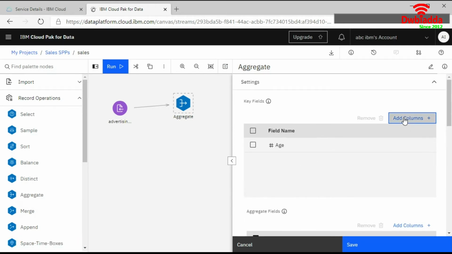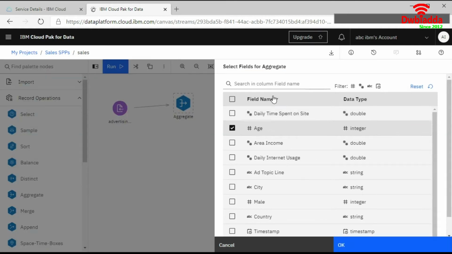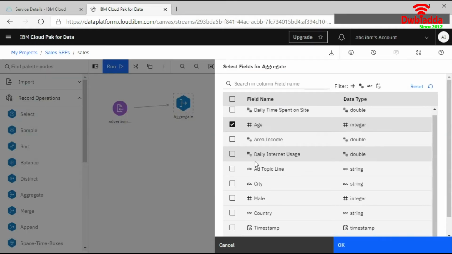If you click on add columns, you can choose any column name from here which you have in your data set. If you want to take the average of age, you can take it, and if you want to take the average of any other value, you can do that. We can only take the average, sum or count of the integer type.